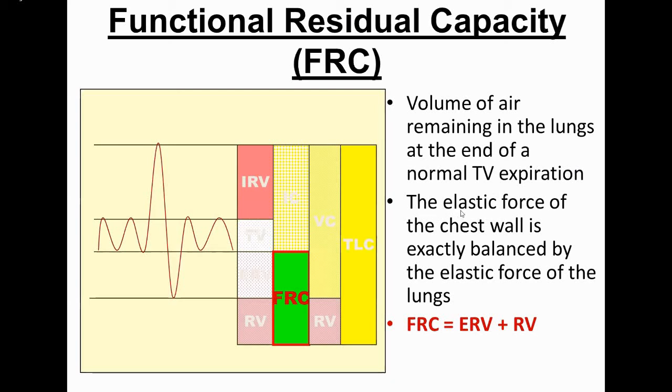The lungs are made up of elasticity. The alveoli, the trachea, they've all got elastic particles, collagen and elastin. So they are capable of distending with each inspiration, and then they recoil with expiration. These elastic forces combined with the chest wall forces by the muscles balance the lung forces. That is the functional residual capacity. So the functional residual capacity is the expiratory reserve volume plus the residual volume.